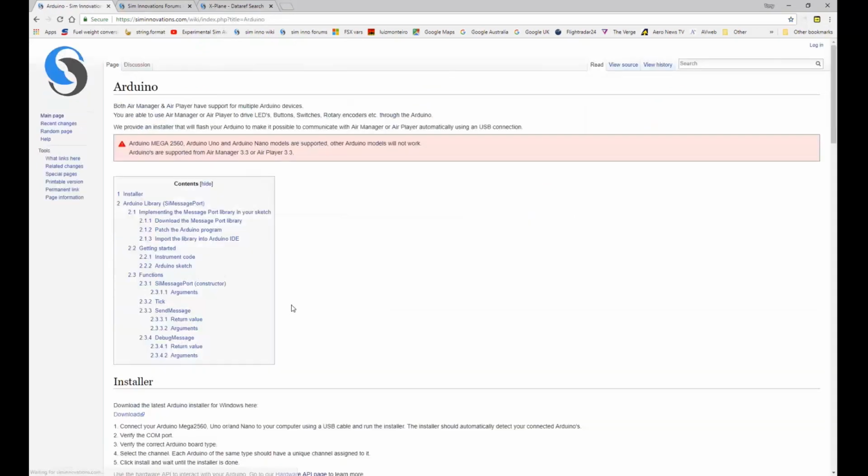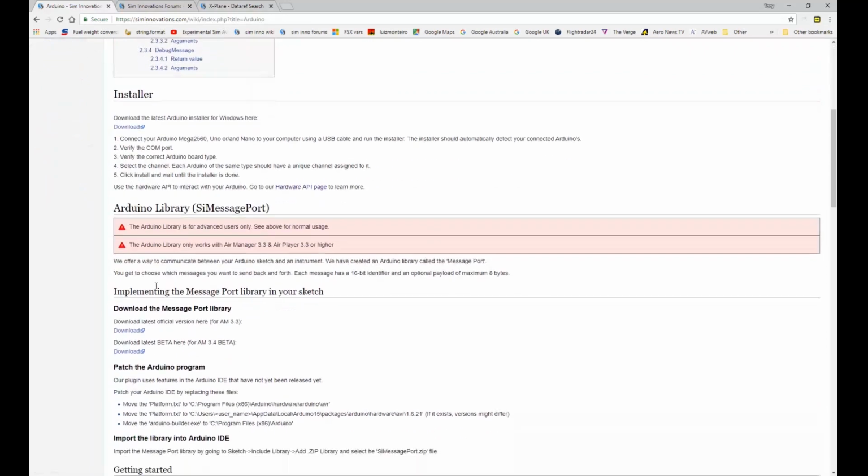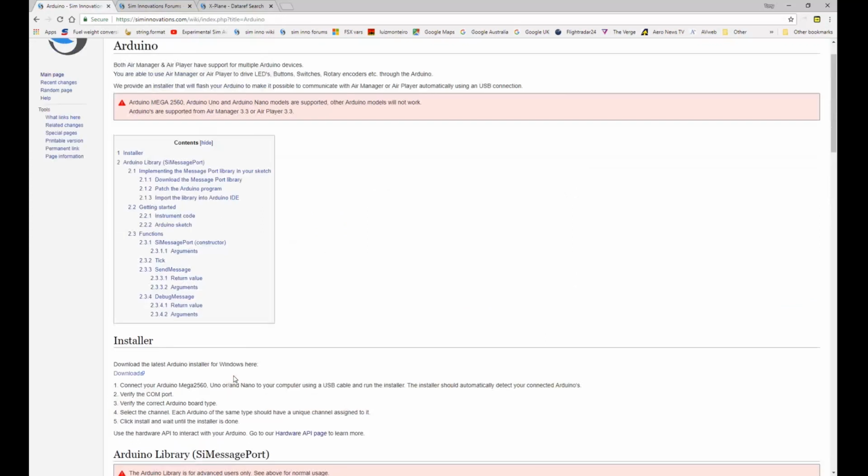If you click on that Arduino link, you can see here there's instructions and an installer and a download for that installer there. There's also a little bit about the message port that we'll get onto in a much later video. So we're just basically going to download and use the installer